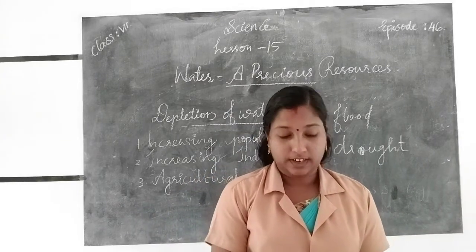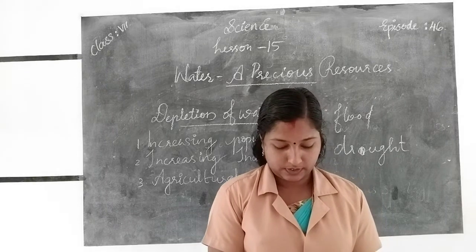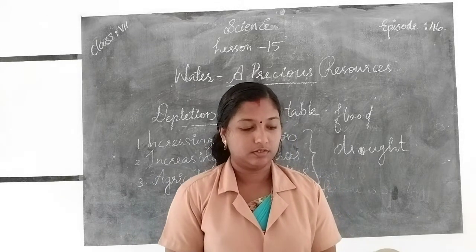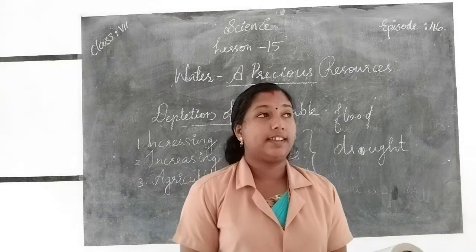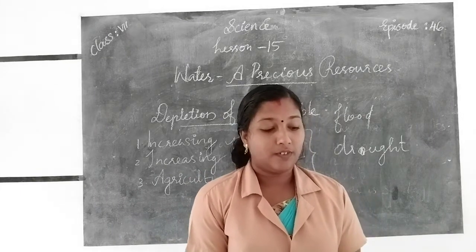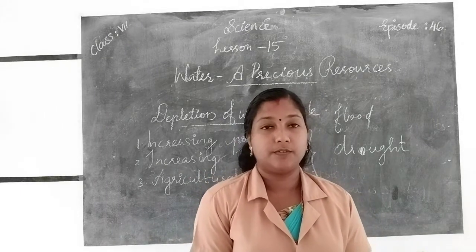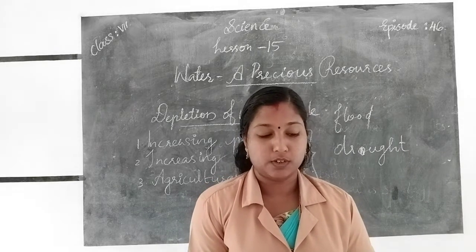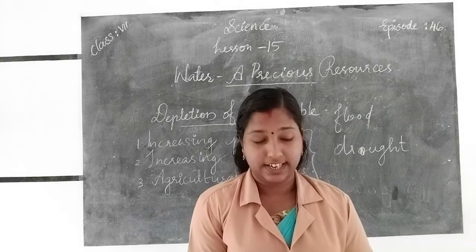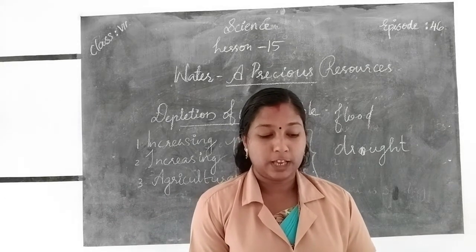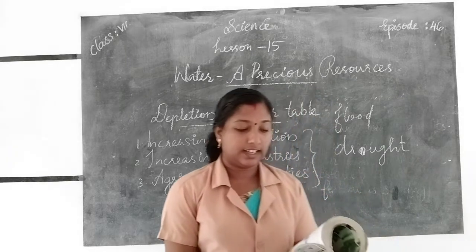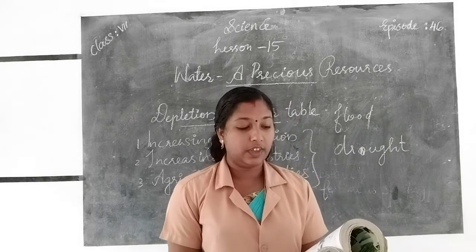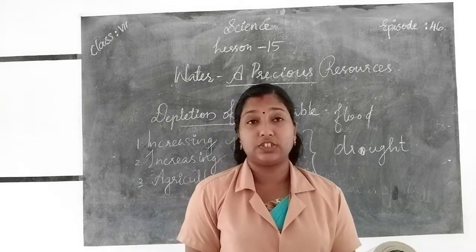Next one, water management. In many places in our country a well-planned pipe system is provided for the public. When the civic authorities supply water through pipes, not all may reach the destination. Water supply pipes leak and a lot of water gushes out of the pipes. We know that. So it is the responsibility of the civic authorities to prevent such wastage of precious water.